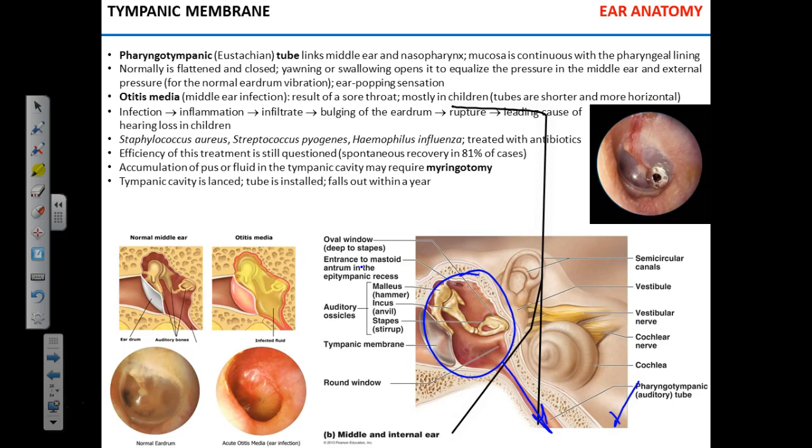No, he had a pierced tympanic membrane. Sometimes, we'll talk about it in a second. The myringotomy, right here, in the upper right corner. This one. Does that make sense? So normally the Eustachian tube is closed. Every time we yawn, every time we swallow, it opens and it equilibrates the pressure outside of us and inside